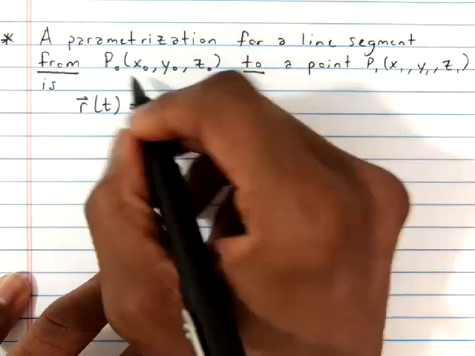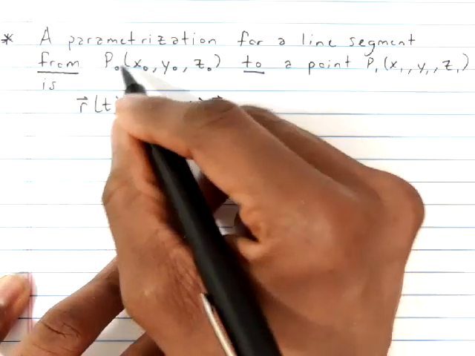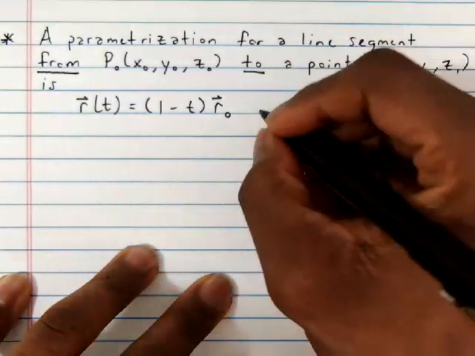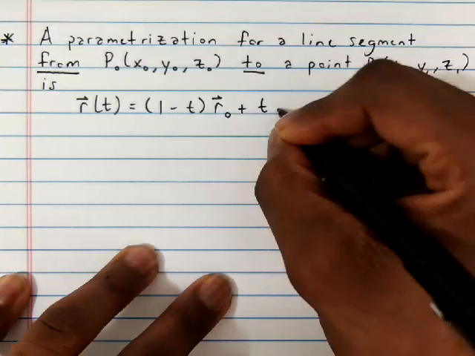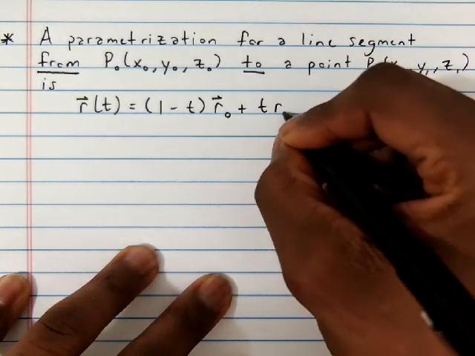And that is just going to be the vector that corresponds to P naught, but I'll specify that in a second, plus t times the vector r1,